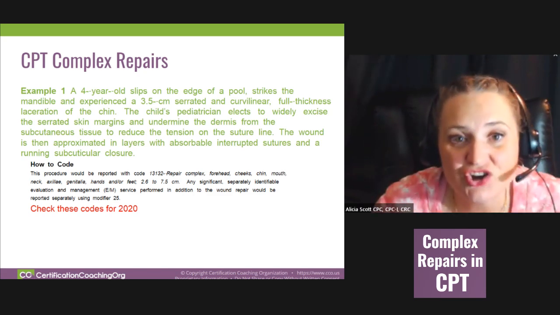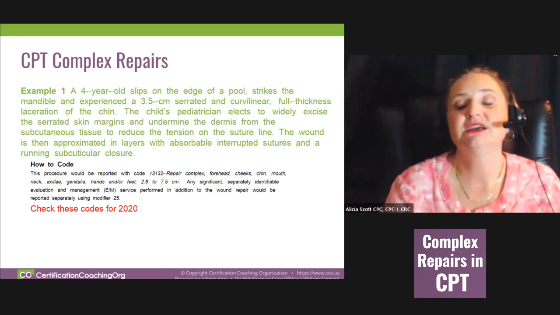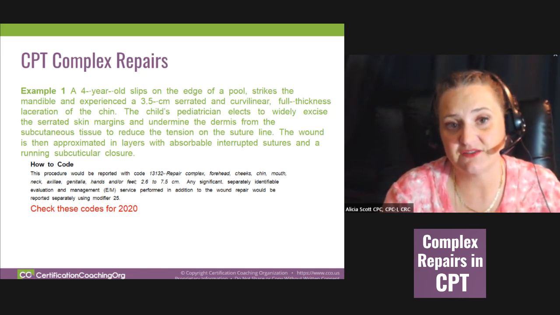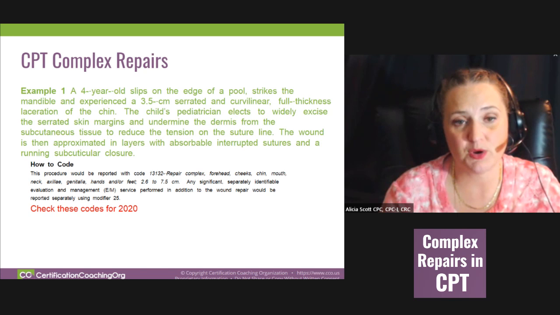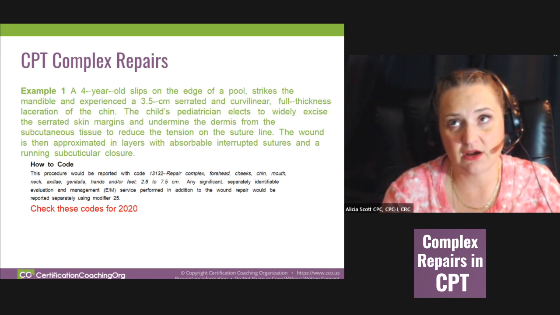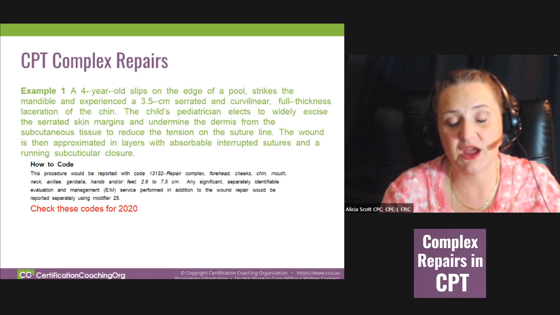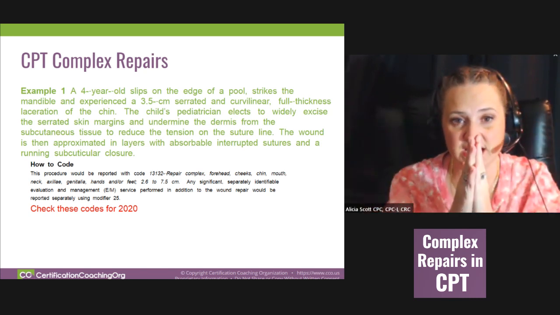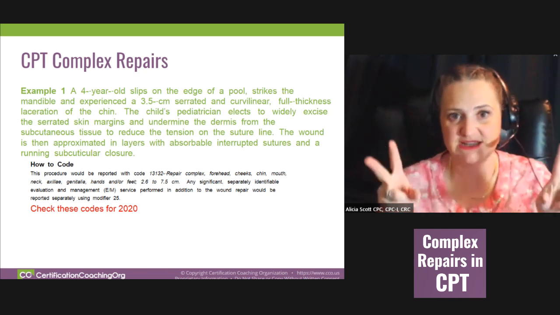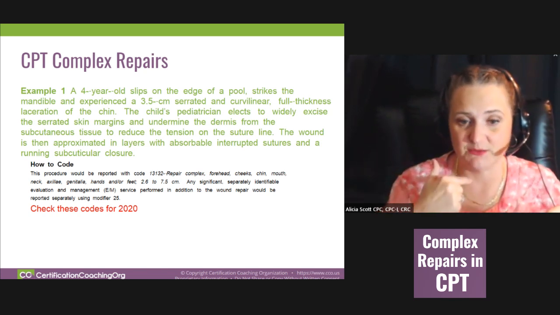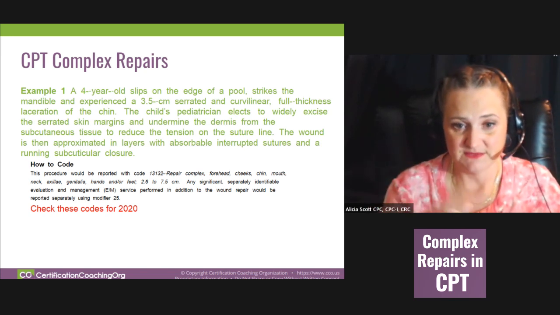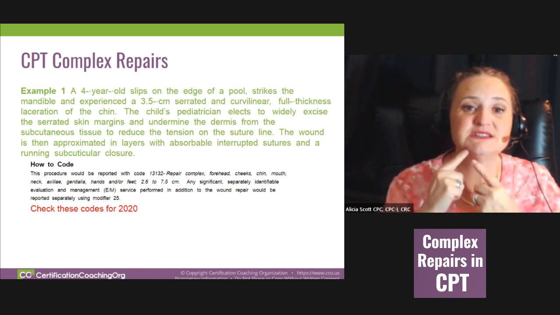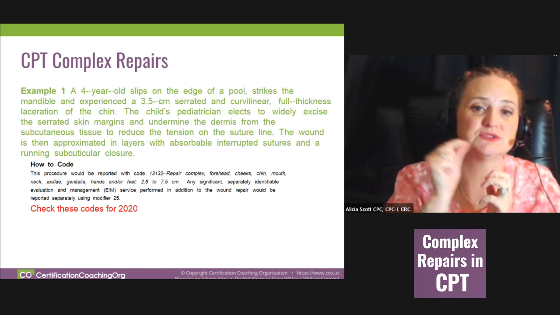Ding, ding, ding, layers. So we know we've got more than one type of suture that's going to be given to us. We're going to have that glycolic acid suture, and we'll have absorbable and non-absorbable. Because we are approximating it, we're bringing it together in layers. With absorbable, ding, ding, ding, absorbable sutures, meaning they're going to be left inside. Interrupted sutures means inside there, they're going to bring that together with individual sutures,